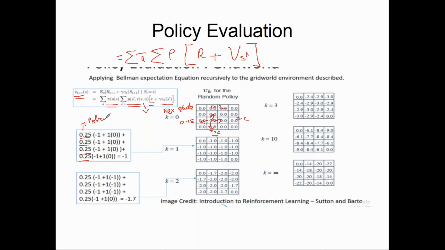This is internal to it, right? Next comes the environment probability, that means the external factors. Okay, I correct myself. Earlier, this probability 0.25 is the probability because of the policy, internal within the grid. What is the probability of moving across each of the other states? Then comes the environment probability.